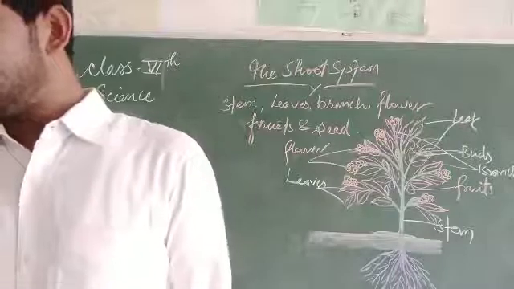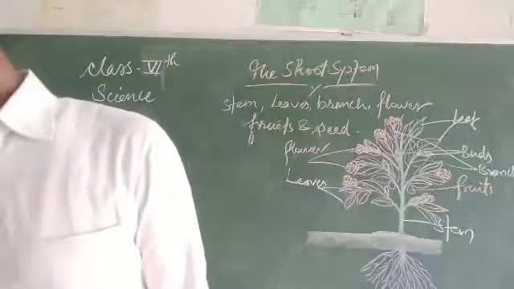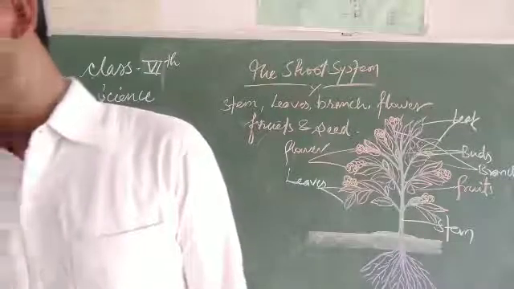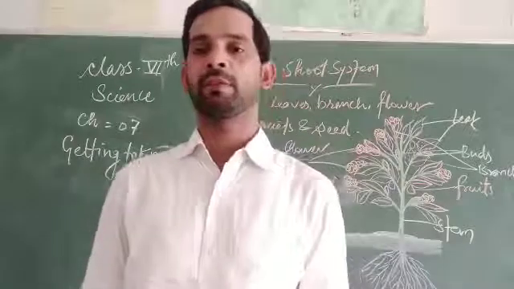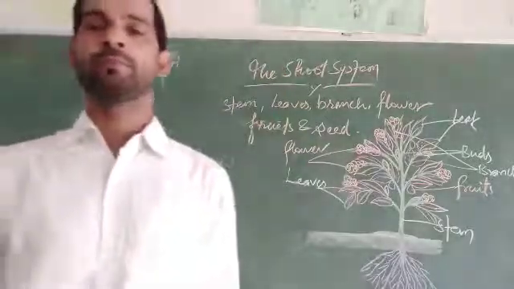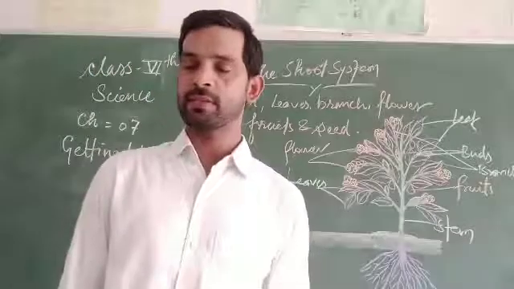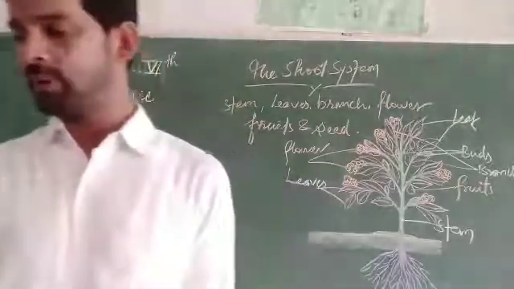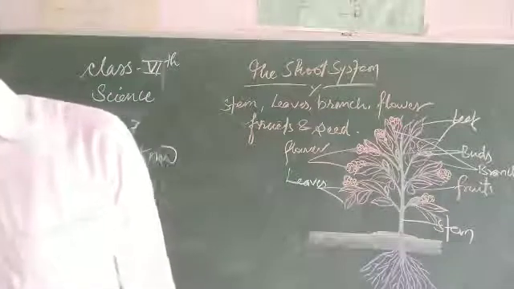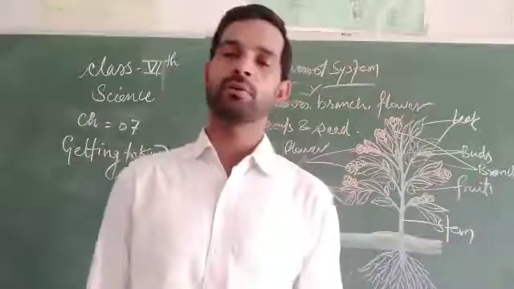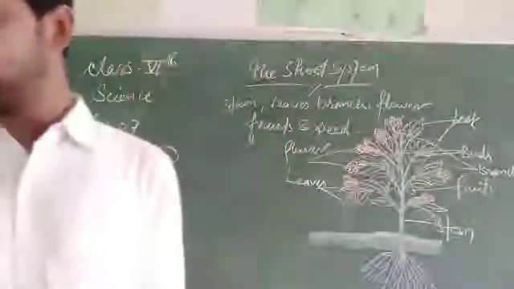For the multiplication of a plant, you know very well the bulbs and the tubers. The rhizome, bulbs and tubers are used for multiplication of a plant. For growing a new plant, you can see most of the stems can be cut into different small pieces and used to grow a new plant. Some plants like rose, jasmine and hibiscus can also be grown by cutting their stem into smaller parts.